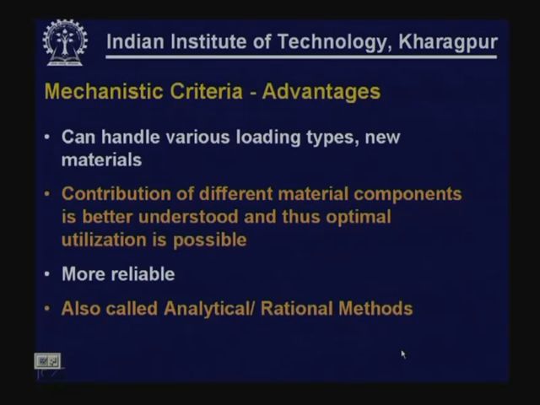Mechanistic criteria, the main advantage is that they can handle various loading types, and they can handle new materials. If we vary the materials or the load, and we consider a certain mechanistic parameter to be critical, for example stress at a particular location, then the effect of varying material properties and varying load conditions on that particular parameter can be assessed, and then that parameter in turn can be correlated to the